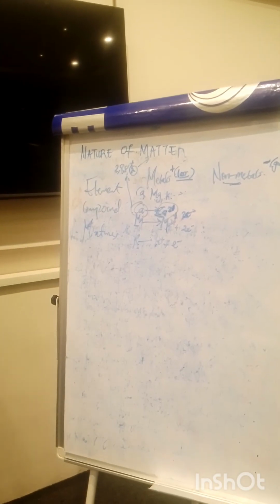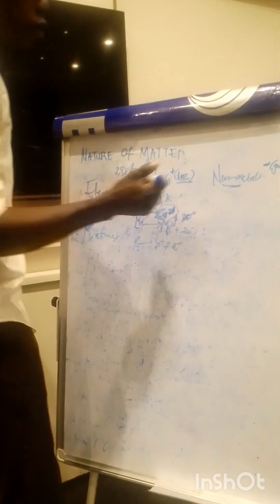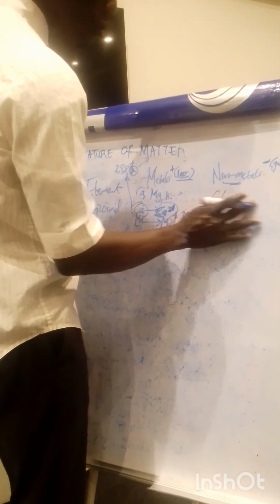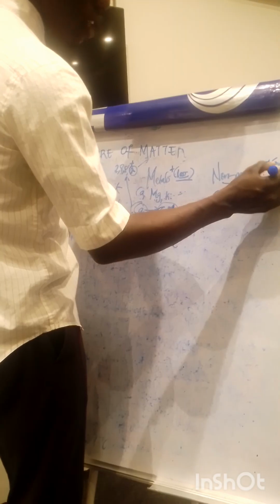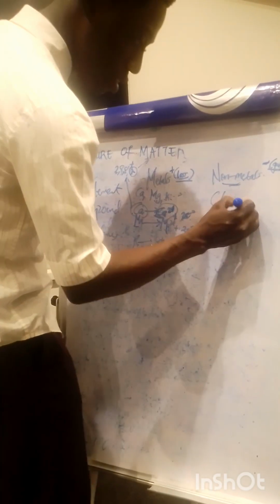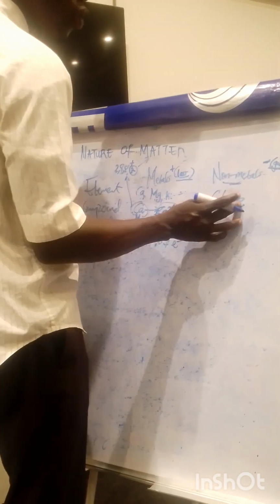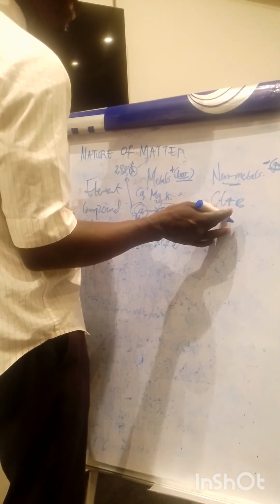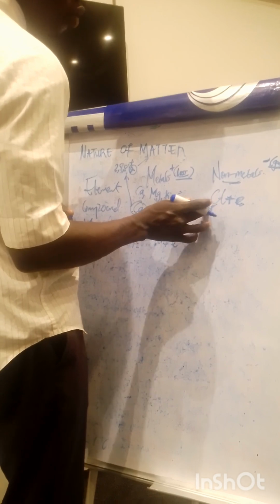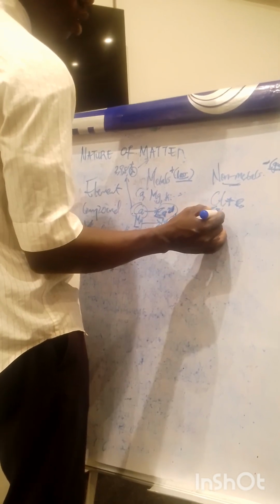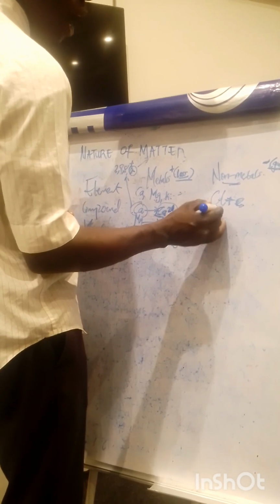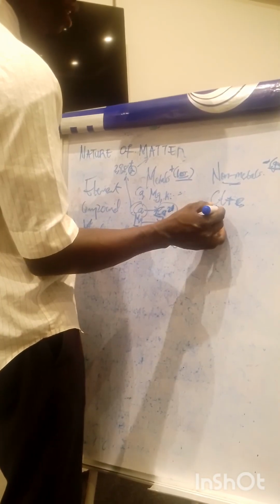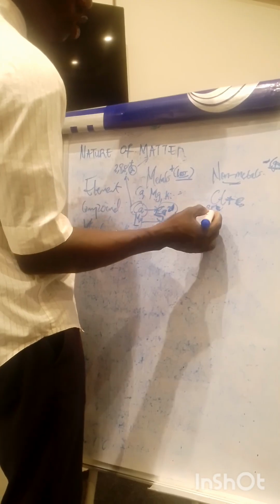Now, an example of non-metals: we have chlorine, which would actually gain. So it's the process of gaining electrons, right? So chlorine should gain, that's plus e-. Are you with me? And since chlorine is 17, its configuration is 2,8,7. What will you add to 7 that will make it an octet? That will make it 8. 1. So it has to collect 1 from a metal to become 8.